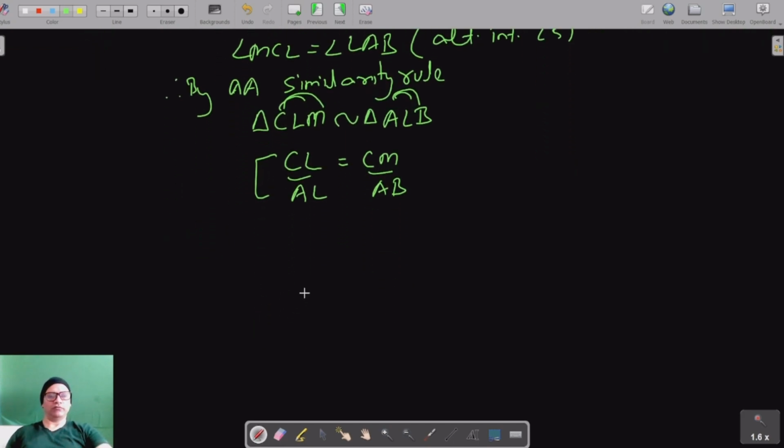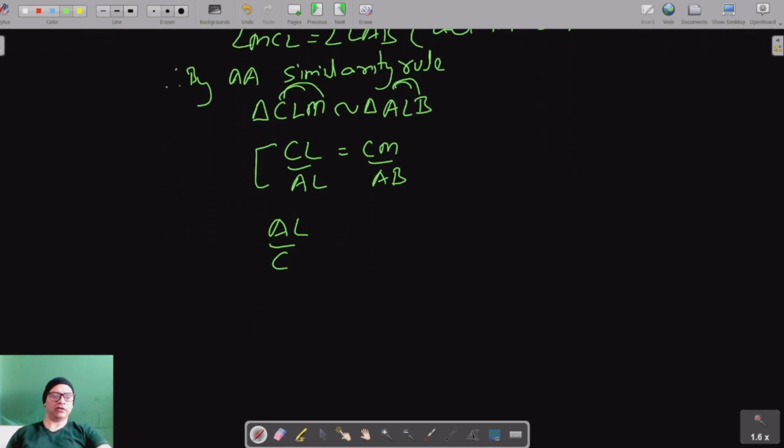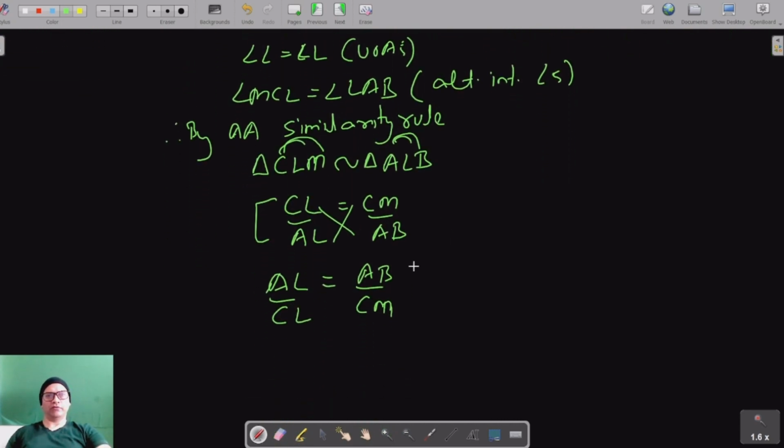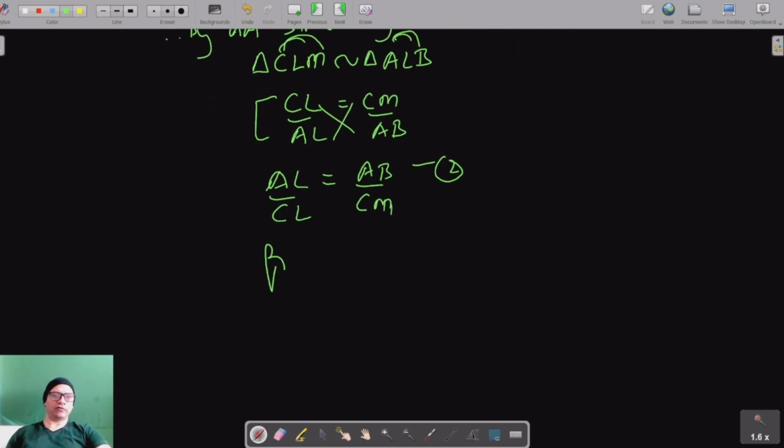And let's try to reverse them. So this is AL by CL, or cross multiplying, AL by CL is equal to AB by CM. Okay, now if we compare equation 1 and equation 2,